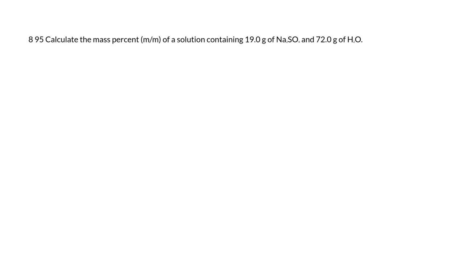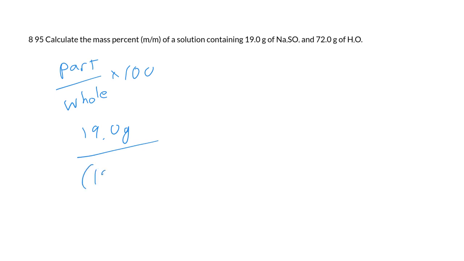All right, 895. Calculate the mass percent of a solution that contains 19 grams of sodium sulfate and 72 grams of water. Well, whenever you do mass percent, it's always going to be part over whole times 100. So your part is 19 grams of sodium sulfate, and your whole is the 19 grams of sodium sulfate plus the 72 grams of your water times 100, and that is going to give you